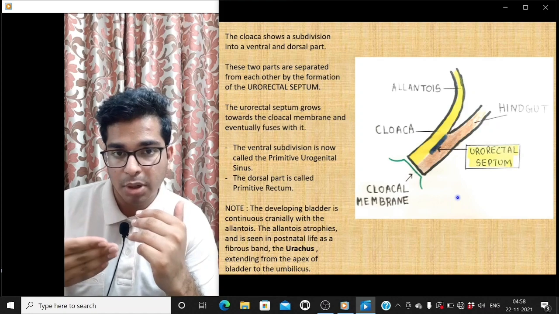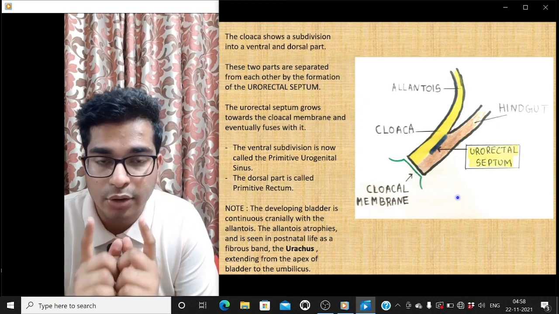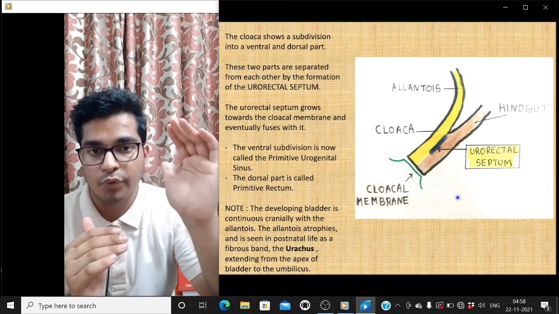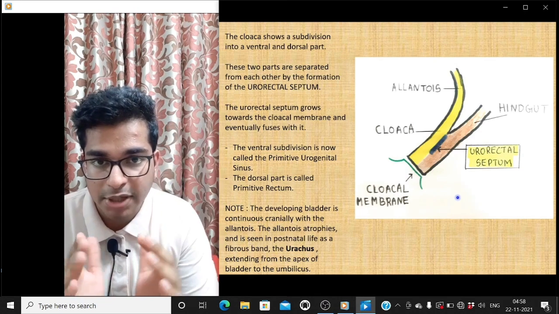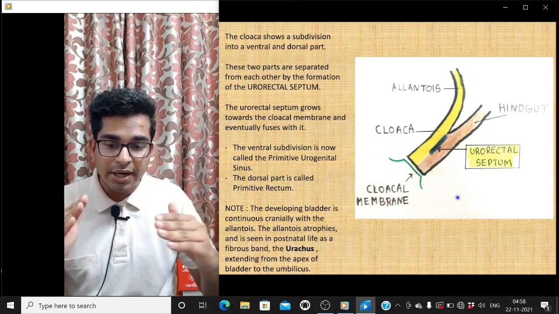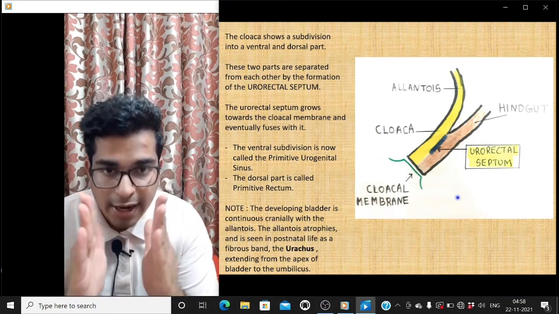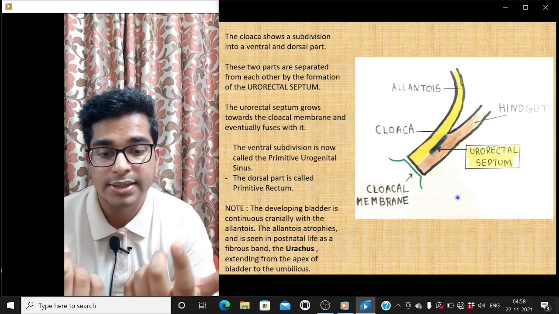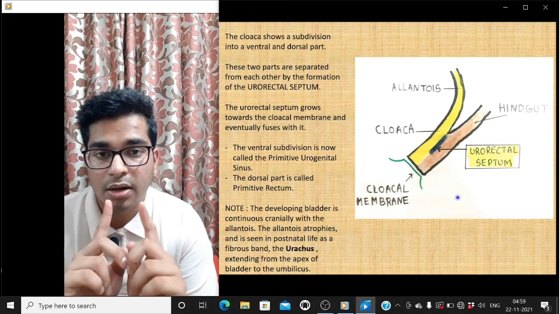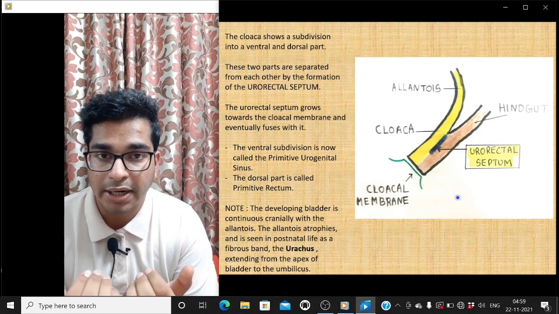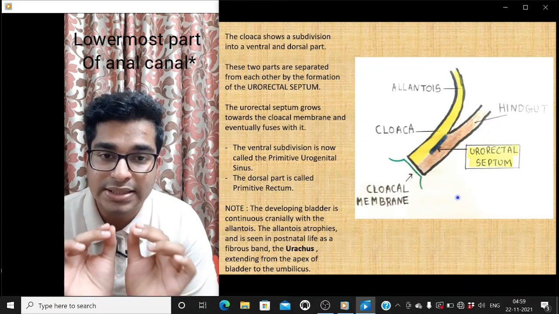The middle and the lower parts are ectodermal in origin. Okay, the upper part is made up of cloaca. The middle and the lower parts are ectodermal in origin, because the cloacal membrane enters inside and it covers the anal canal from inside. Okay, and the middle part is further covered by another mucosal lining, while the lowermost part of your rectum is covered only by the skin.